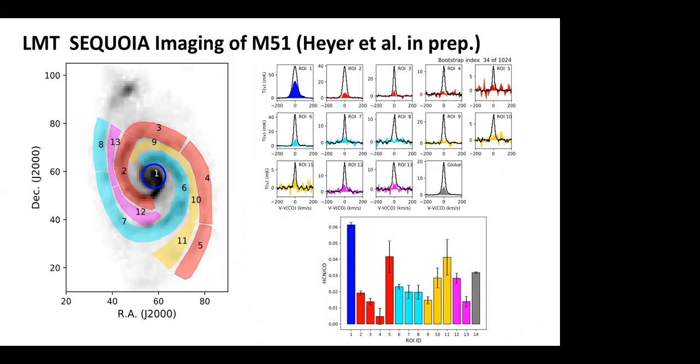So the histogram on the bottom shows the ratio between HCN to CO line intensity. The blue shows in the nuclear region, the HCN line is about a factor of 2 higher. And then he's asking the question, does the dense gas fraction change within and outside the spiral structure? So you break up the regions that are associated with the spiral arms and the interarm regions.